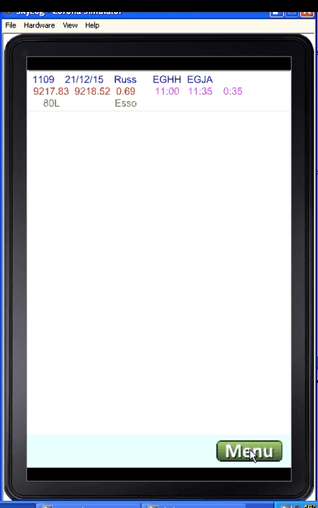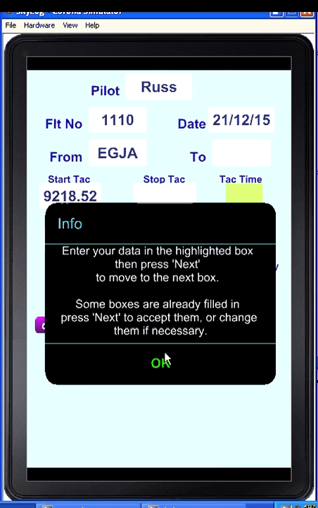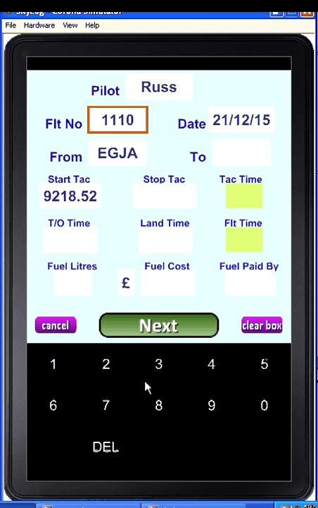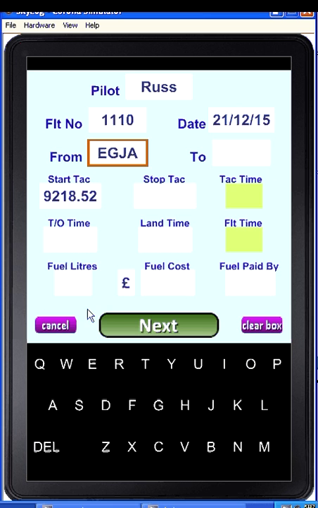Anyway, of course, when we got to Alderney, we came back, so we need to log the return flight. So it's the same process. Choose our name, get rid of the helpful help screen. The flight number's now moved on, as you can see, to 1110. The date's still right, so click next, accept the date, and now the start field is filled in from the